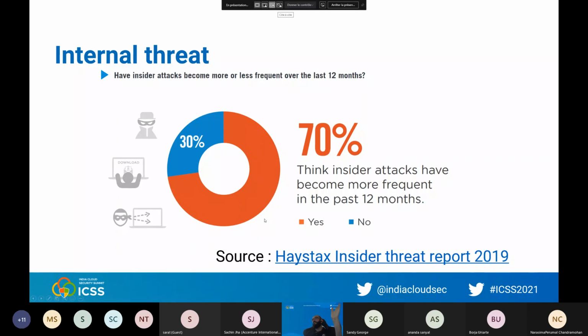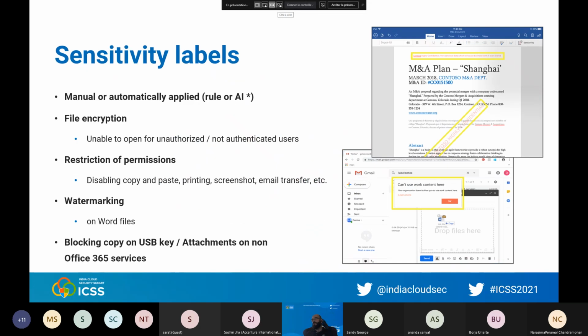You may have heard about the zero trust model. So what to do for that? You had a presentation from Pratik Gimonet two hours ago. He was talking about sensitivity labels, and sensitivity labels are clearly a good thing to implement. As soon as you have at least an Office 365 E3 program, you can implement sensitivity labels.